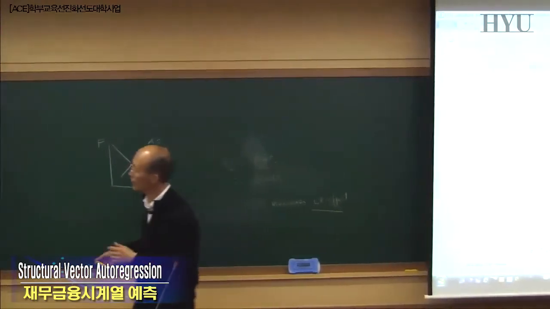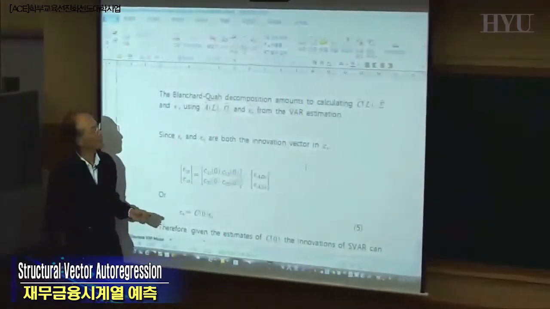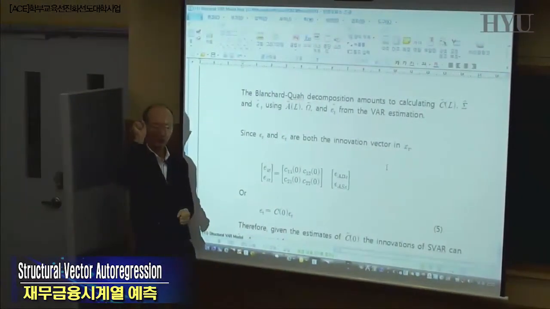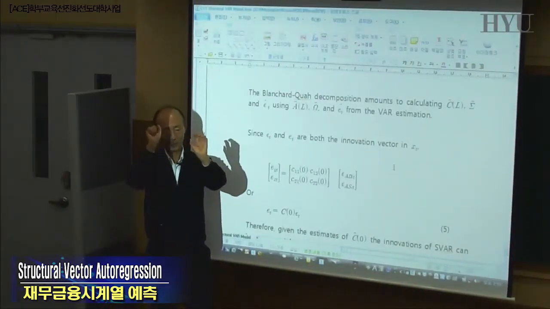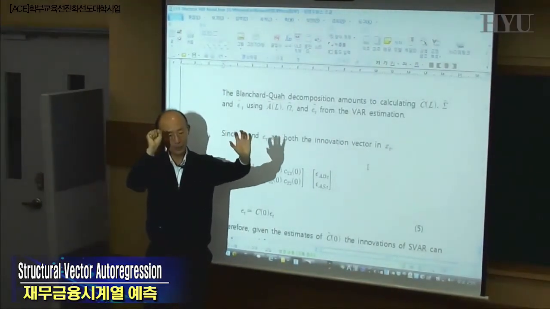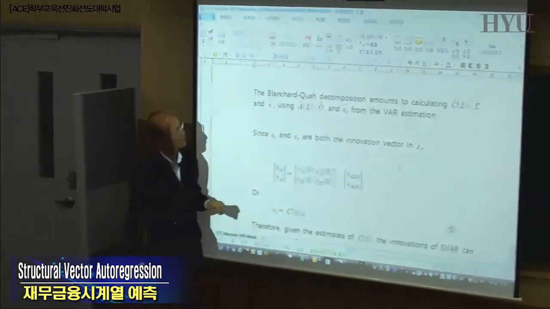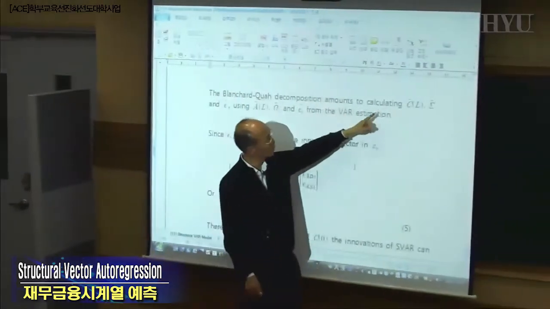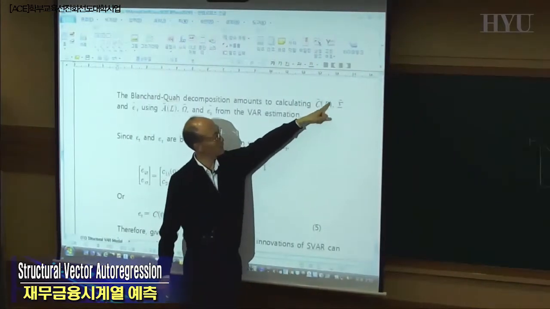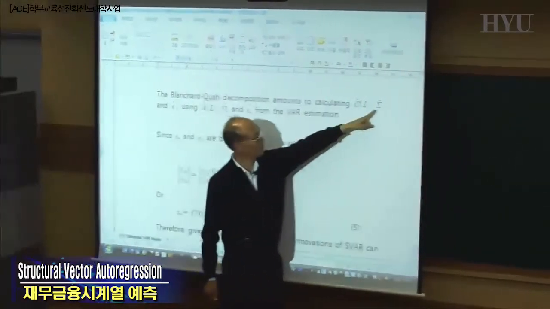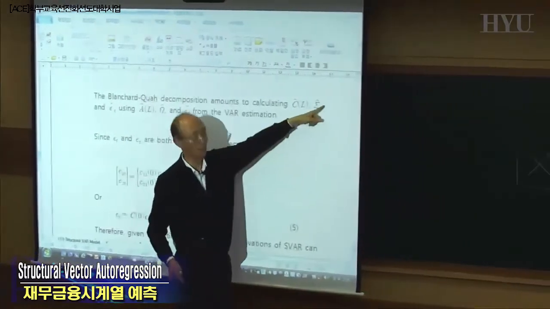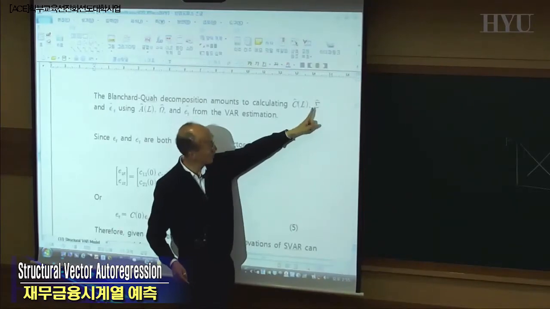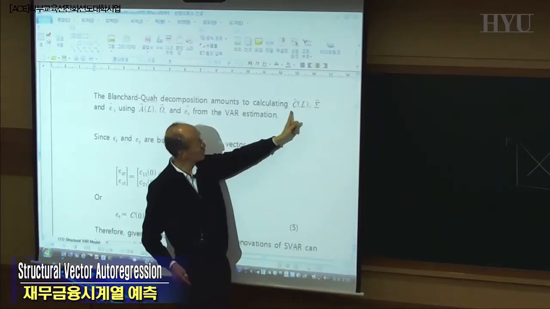So the Blanchard and Quah decomposition of the variation of x into what we call a permanent component and a temporary component amounts to calculating C of L and sigma hat. Sigma hat, we already assume that this is the identity matrix, so we don't estimate this one, right? We assume the identity matrix for this one, but we still need that